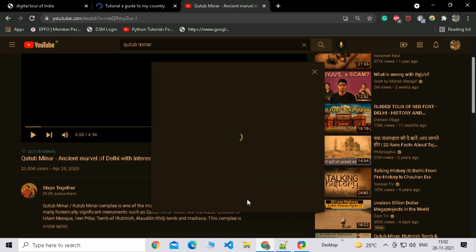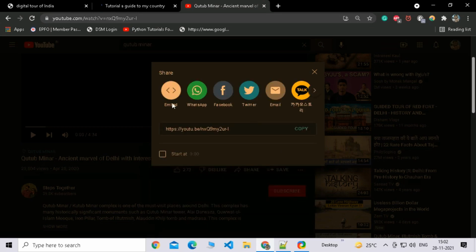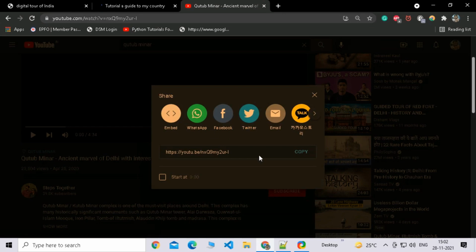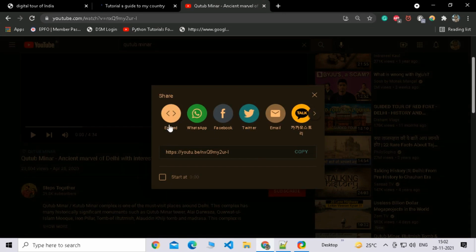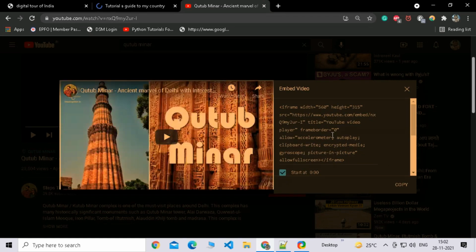Then as soon as you click it, this panel will open, and in the panel you will see platforms. So I will let it load. There are many platforms I can share to, but the only thing you care about is Embed. As soon as you click on it, this will open, and then you just tick this box, start at 0:00 and all that, and then you just have to click on the copy button,